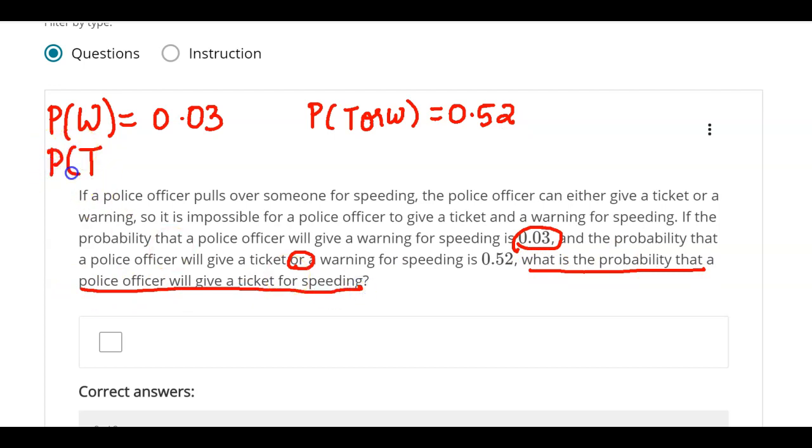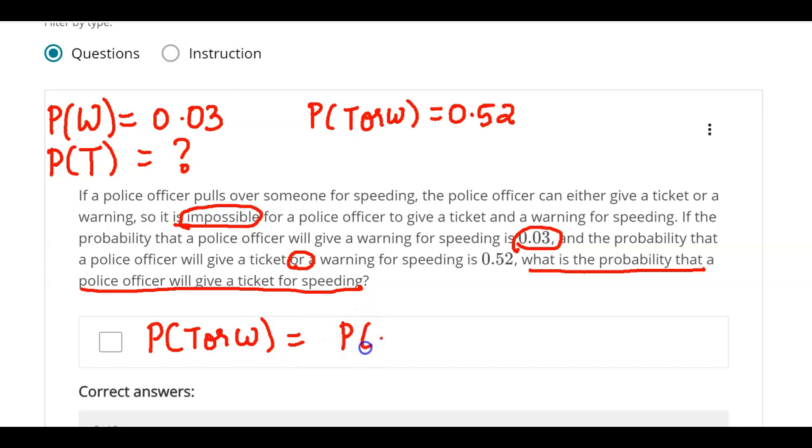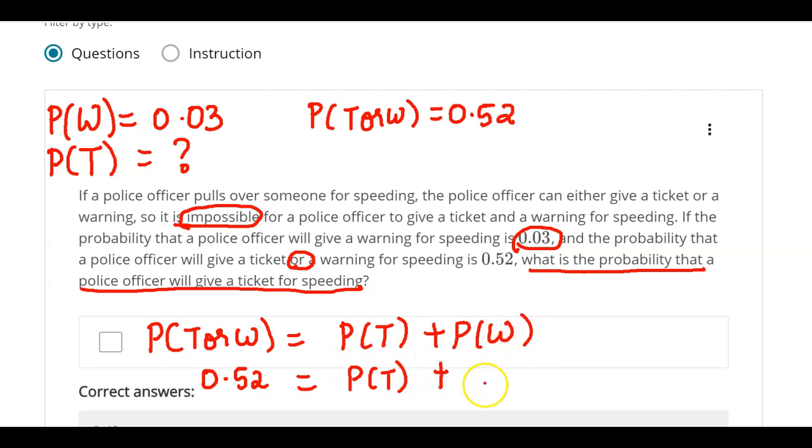So here they're telling me find the probability of T. Remember what the formula is? When they're mutually exclusive, and they are mutually exclusive because it is impossible for both of them to happen together, probability of T or W is simply probability of T plus probability of W. Do I know what T or W is? Yes, 0.52. Do I know what probability of T is? No, I don't know that. Do I know what probability of giving a warning is? Yes,